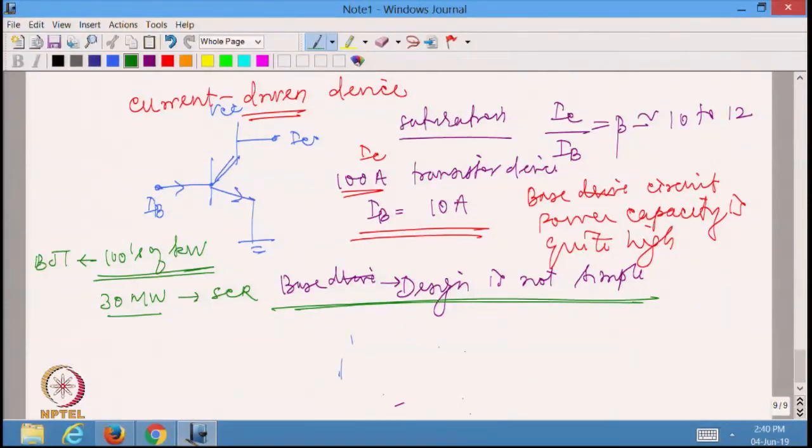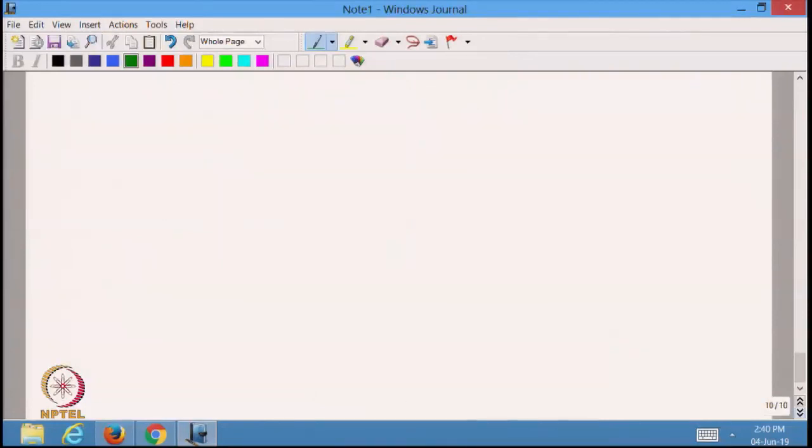It is not really good, in terms of the power capacity. And if I actually look at the normal transfer characteristics of the transistor, I am going to have VCE on one side and IC on the other side. So, I am normally going to see that VCE is equal to VCC itself when the device is in cutoff region. So, this is the cutoff region,